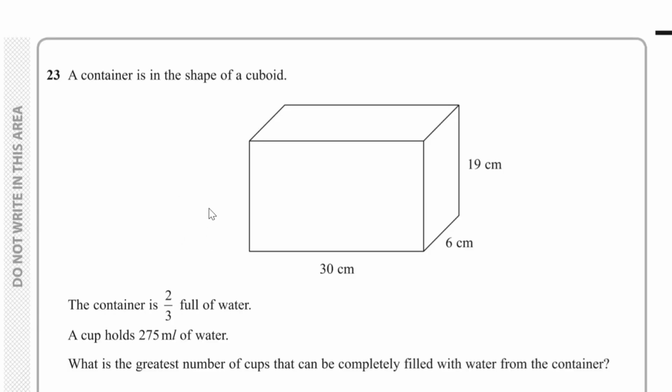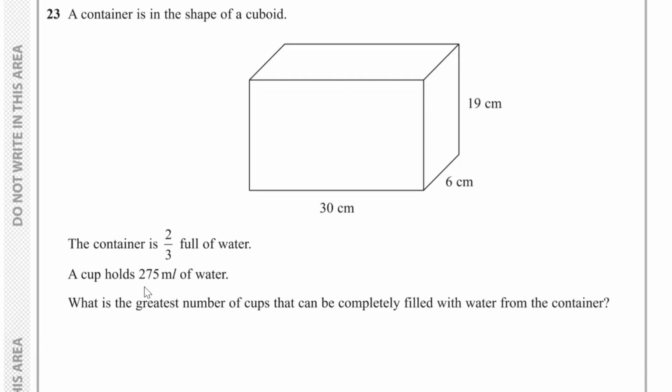Now for question 23, we've got a container which is in the shape of a cuboid, as shown here. The container is 2/3 full of water. A cup holds 275 milliliters of water, and we have to work out the greatest number of cups that can be completely filled with water from the container. Well, for this, we can find out the volume of the cuboid, and then if we work out 2/3 of that, that'll tell us the amount of water in the cuboid, and then from that we can find out how many cups we need. So therefore, the volume of the cuboid,